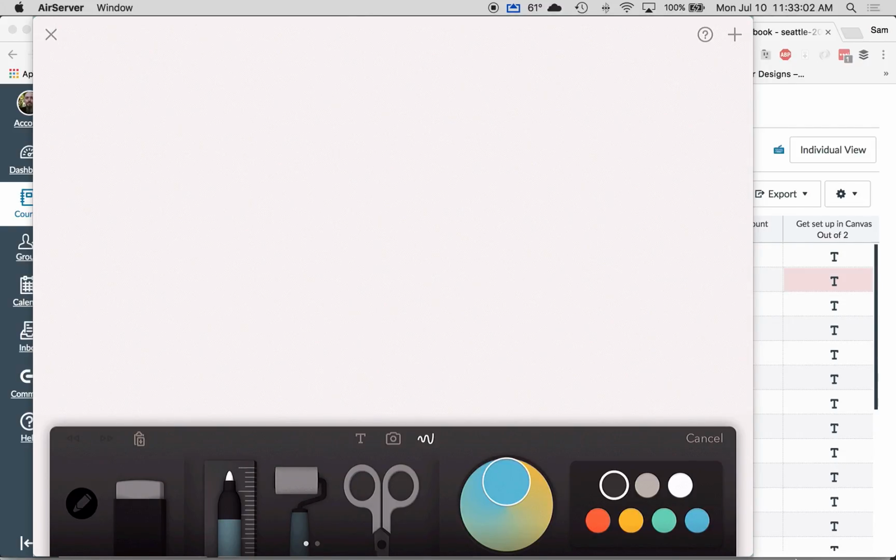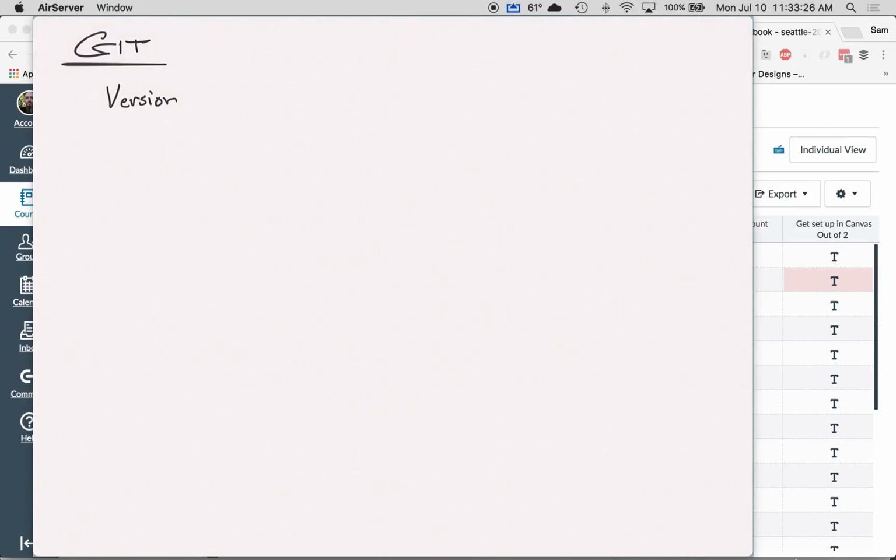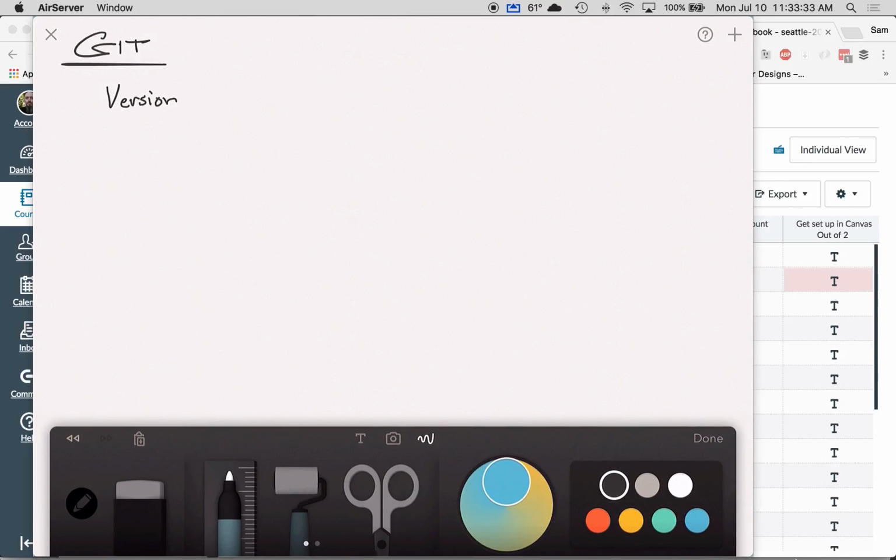So let's talk about Git. Git is software that we use, okay? It's an application that's part of our tool set. And we primarily use Git for what's known as version control. Whoops. And sometimes my hand will hit the button and kick me out of the thing, and then I have to reinitialize the pencil. Version